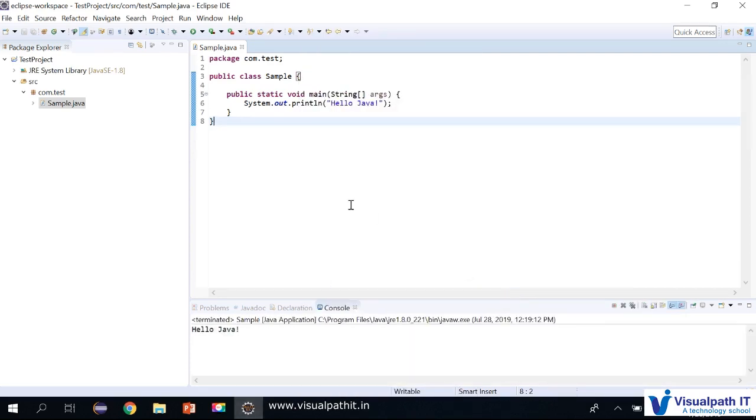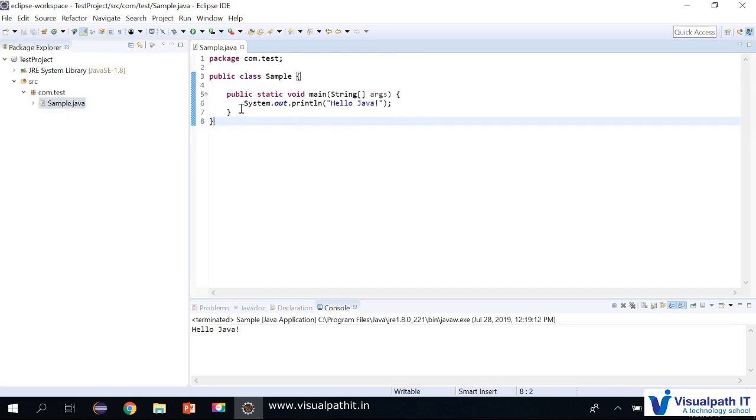If you observe properly, there's one thing we are not doing. The thing is, we are not doing Java compilation here. Correct? And we are not able to see the .class file as well. There are two things missing here: we are not doing Java compilation, and the .class file is not listed over here. So the reason is